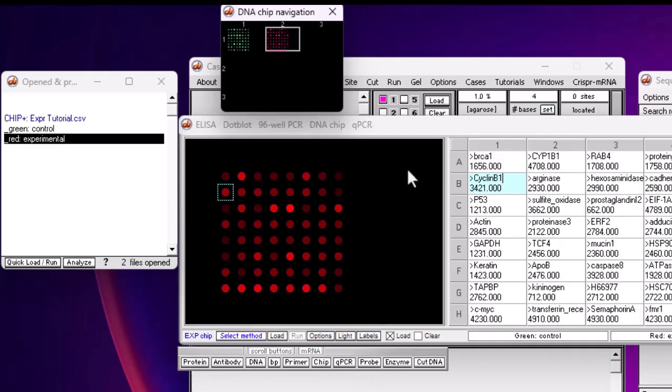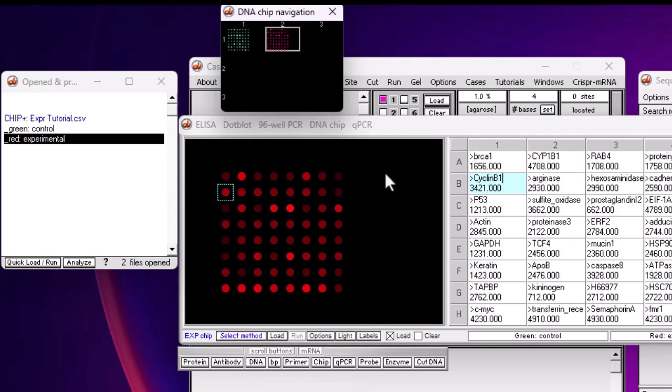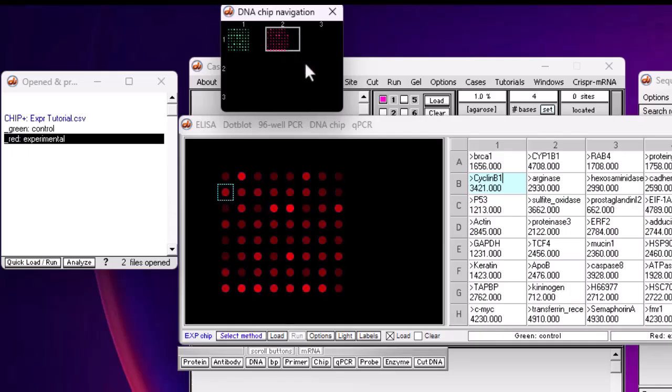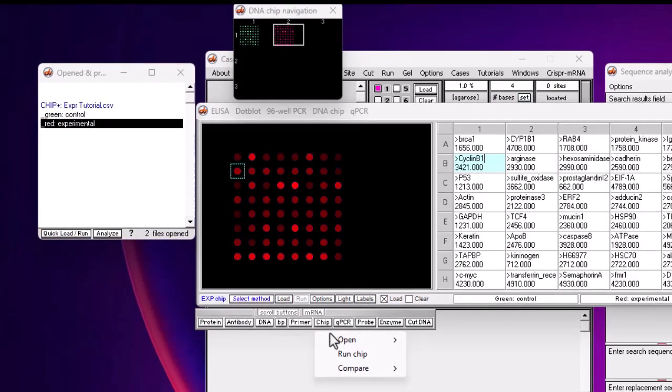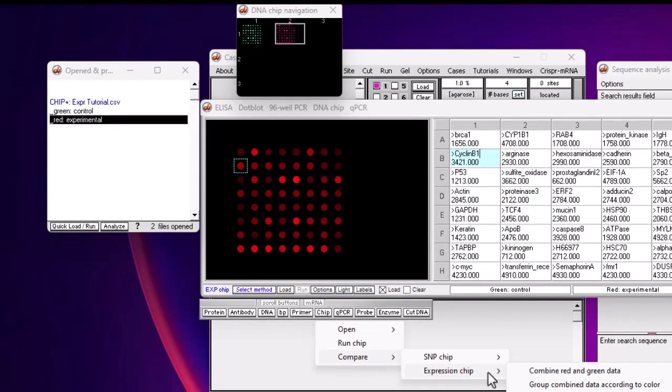So you can examine each of the genes one at a time, going back and forth between the green and the red fluorescence intensity and comparing the intensity values. Or you can compare them all at once by calculating a ratio for each one, where the green fluorescence value is divided by the red fluorescence value. And the software will do that if you go to the chip button down in the button bar here and go to compare, and then for an expression chip, what we want to do is combine the red and green